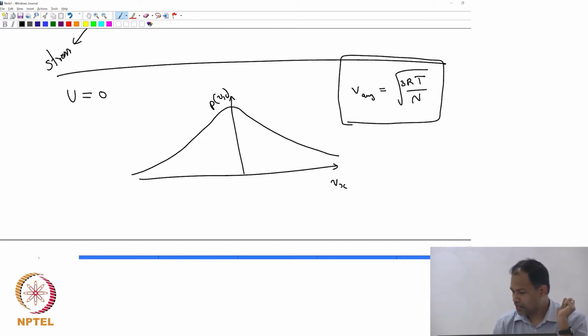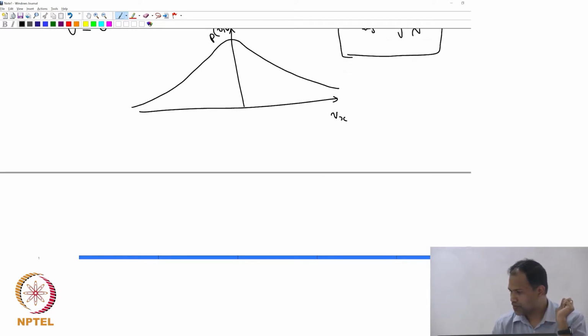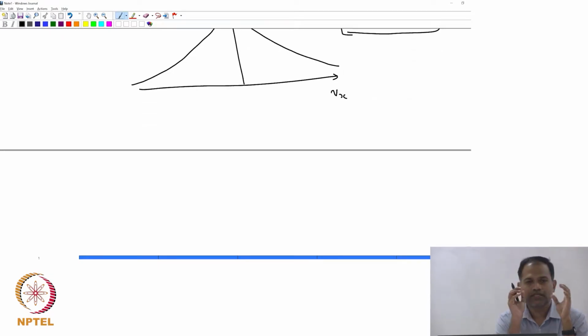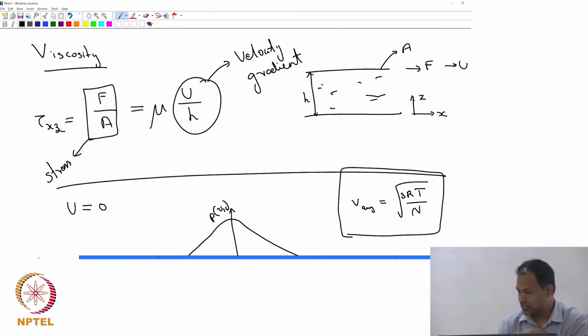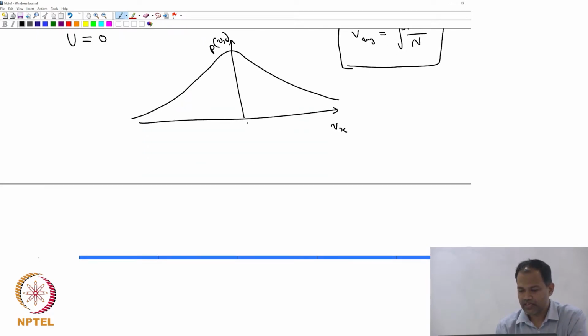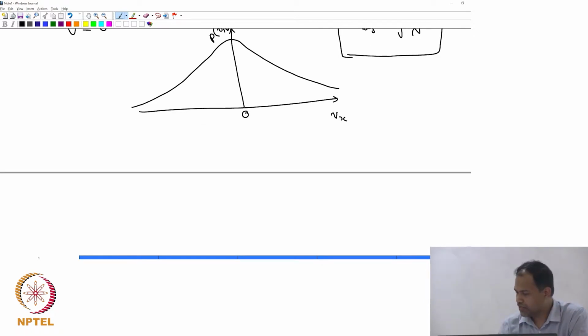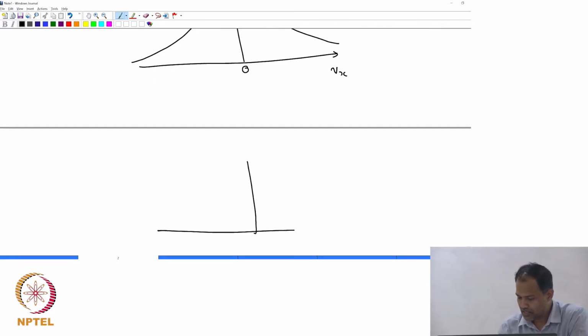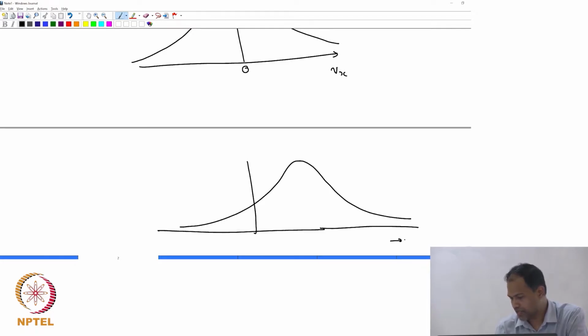Now, the only thing that happens is that suppose you start moving the plate. That means that the fluid starts moving, the gas is moving. Then this picture essentially tilts a little bit, so it is not really tilting. What I meant to say is that here the mean was at 0 velocity, because there is no net velocity. Instead of that, you would see that this entire picture